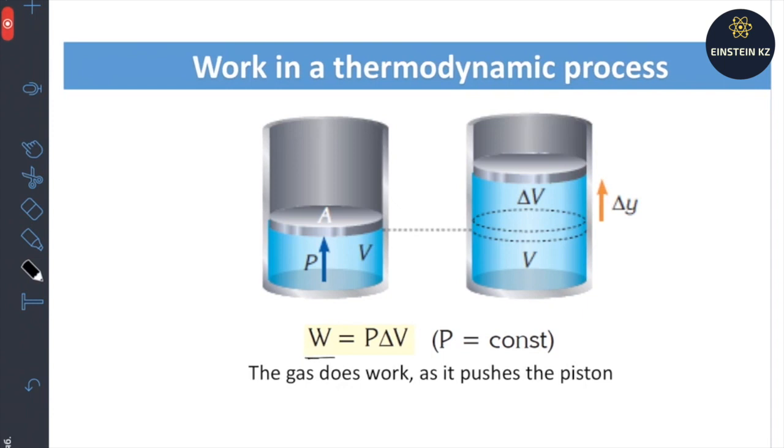So here we have W, this is work, and here on the right side we have pressure and delta V. So pressure is the pressure of the gas, and delta V here is the increase in the volume. Okay, so when the piston here moves up to this level, the volume of this gas increases. Okay, and the change in volume delta V